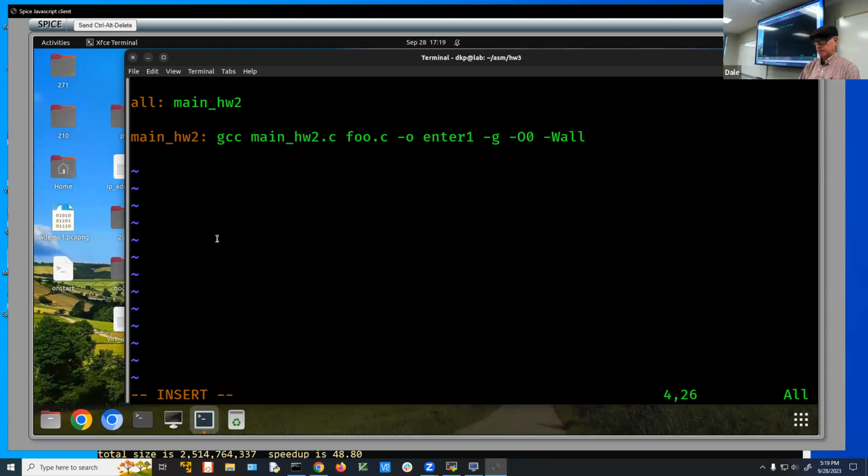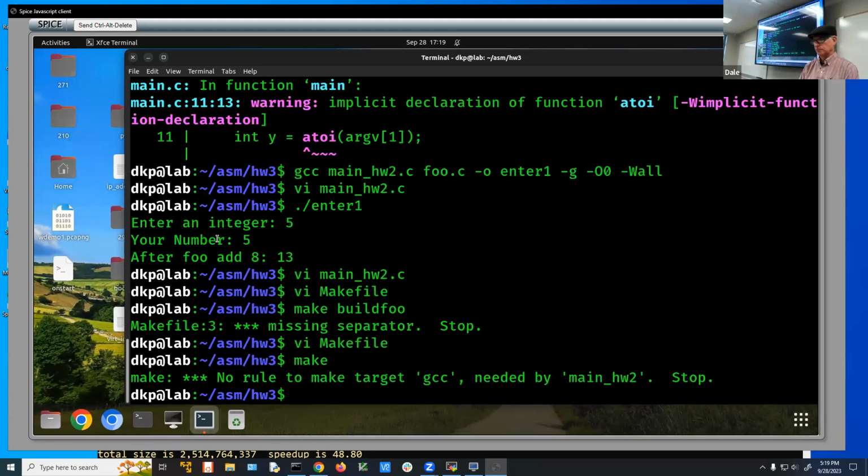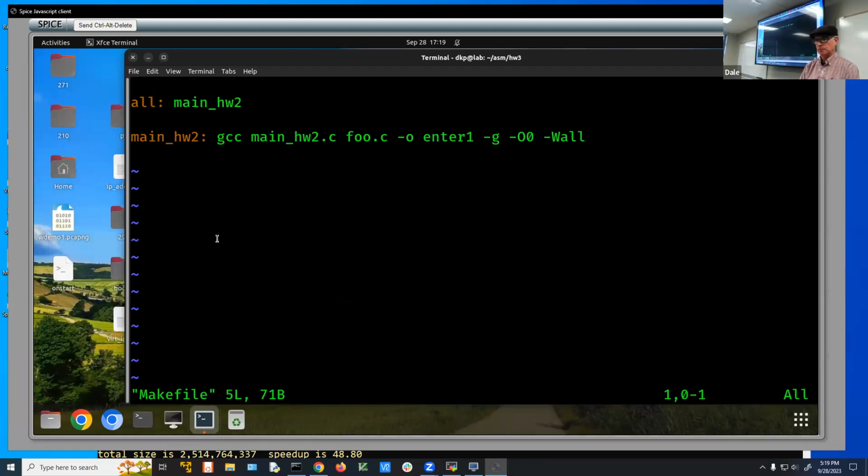I don't think I'm doing this right. Hold on a second. Oh. No rule for target. That means I need